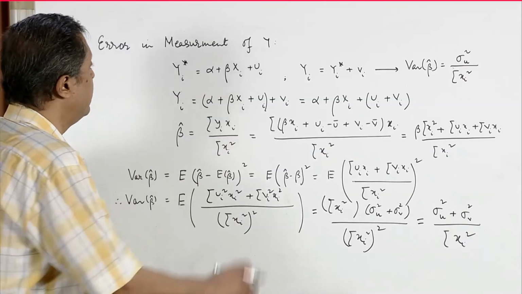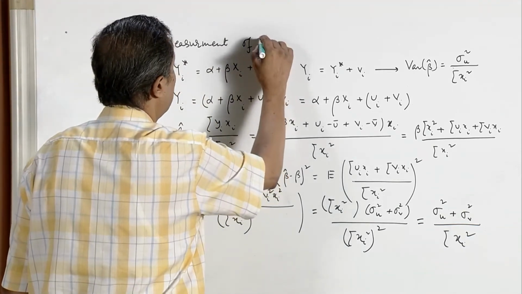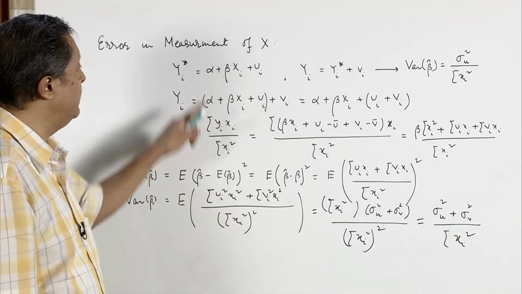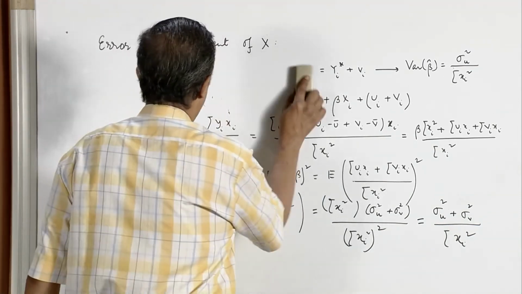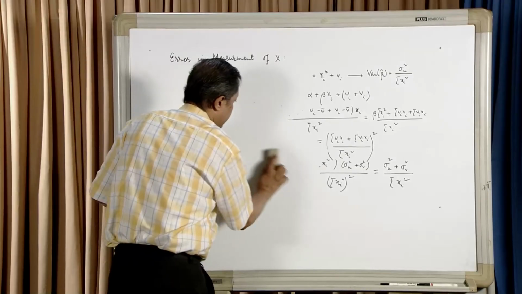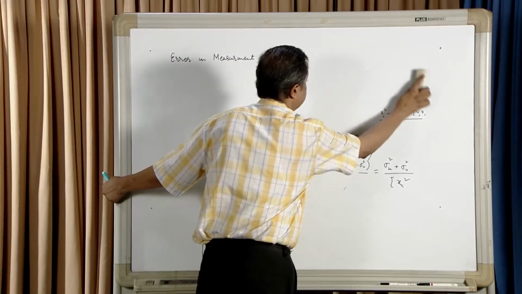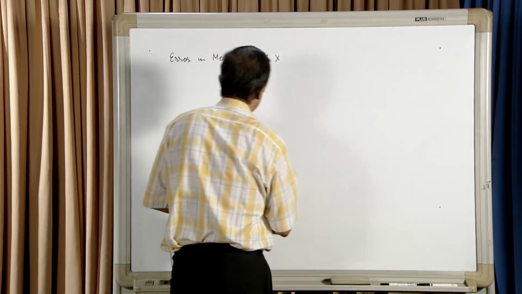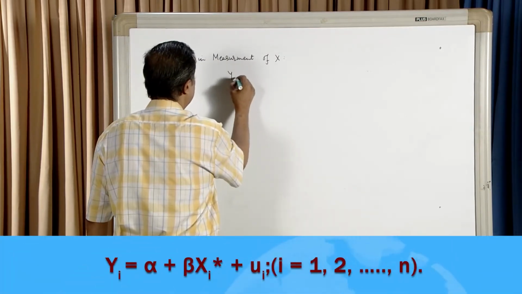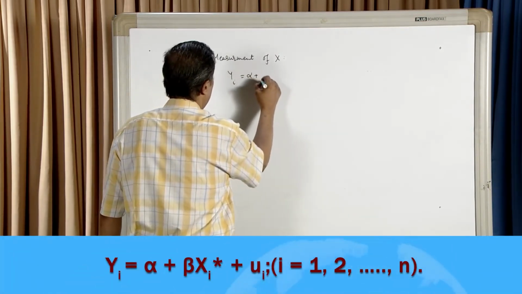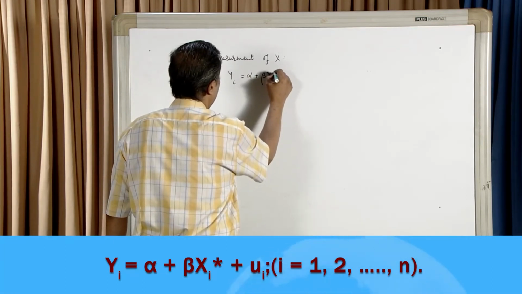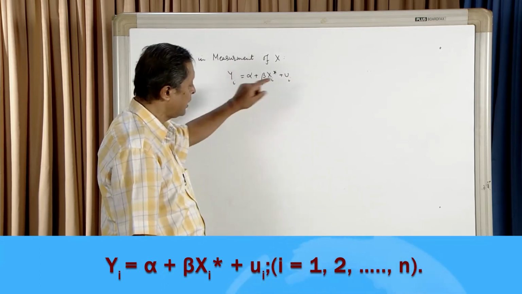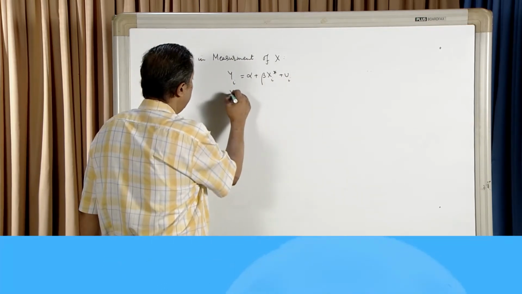Now, when we have error of measurement of x, the problem is much more serious. Let us now take a look at what happens when we measure x incorrectly. So, the model has to be rewritten and we proceed as follows. Now, yi is correctly measured. So, yi is regressed on xi star. So, what we should regress yi on is xi star, but we have been able to measure only